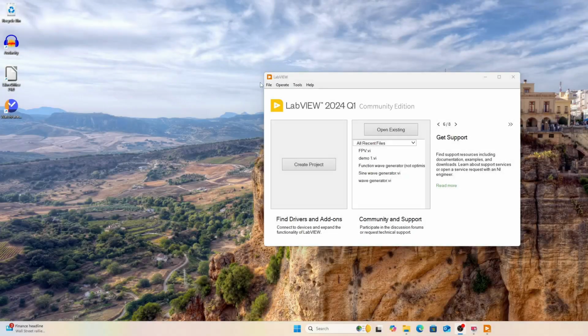Hi, so today let's take a look at the difference between a chart and a graph in LabVIEW. They may look the same, but they are very different based on their application. So we will open a VI, we will set it up, and we'll dive a little bit deeper into it. To do that, let's create a new VI,